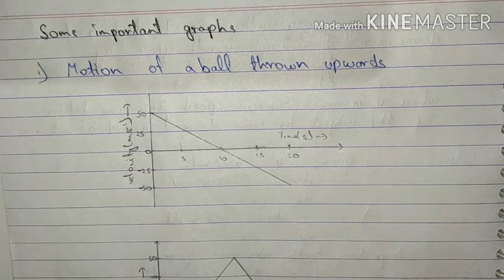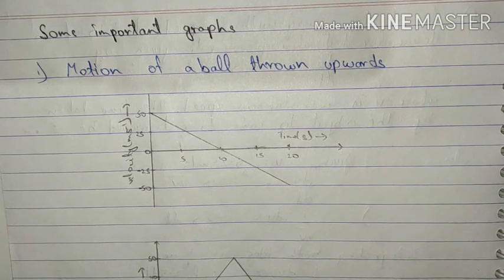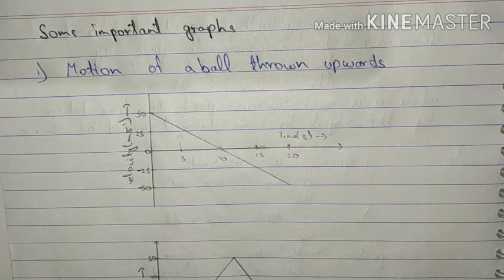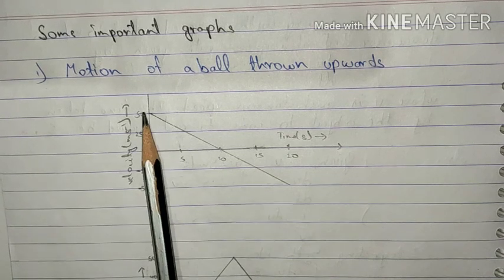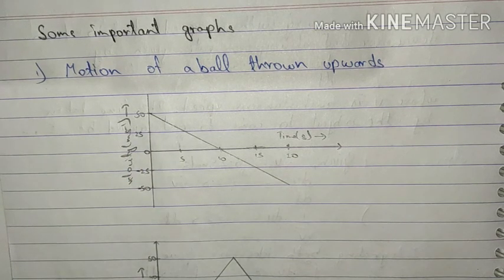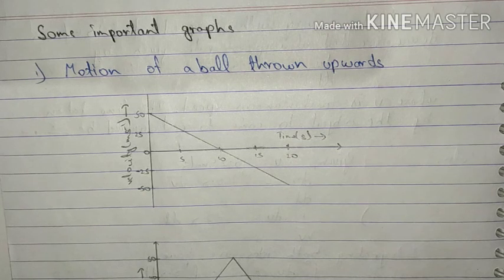Now suppose you hold a ball in your hand and throw upwards. What will happen? You all know that while you are throwing the ball upwards, you are applying a certain force on it. That means the ball will have certain initial velocity. If the initial velocity is not applied to the ball, it is not going to move upwards. Suppose that we are taking the value of initial velocity as 50 meters per second. So what we can say that the ball started its motion at the velocity of 50 meters per second.